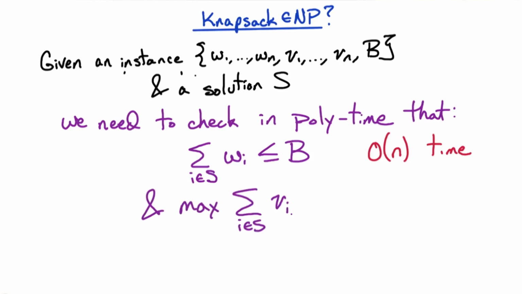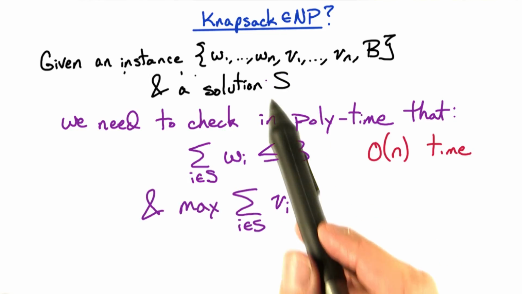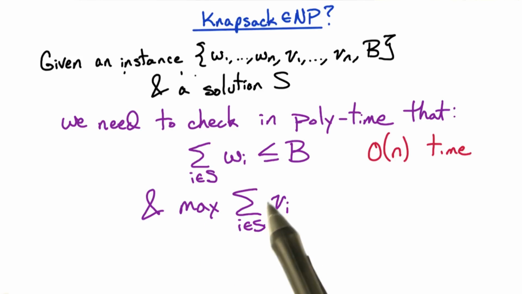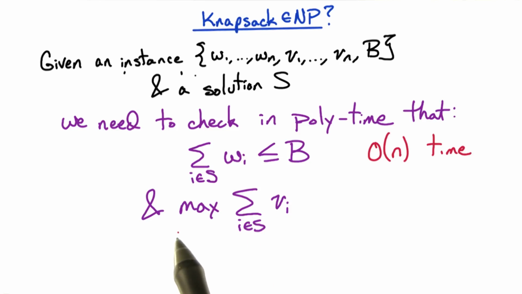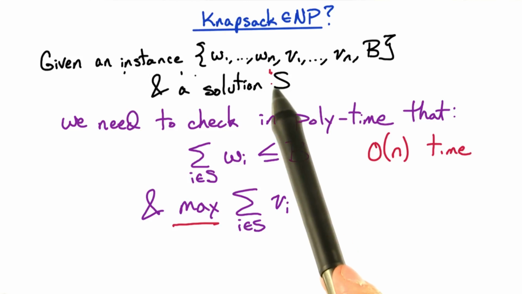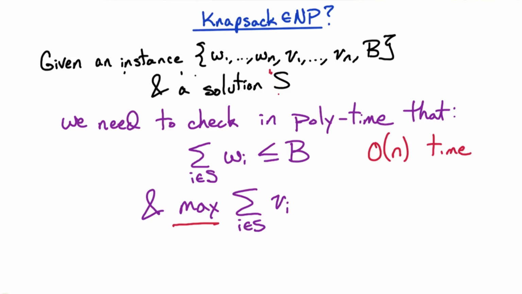And the second thing that we need to check is that this subset is optimal in the following sense, that it maximizes the sum of the values. Now it's easy to check what the total value is. We just sum up the values. But how do we check that it has maximum total value? How do we check that the value of this subset is better or at least as good as any other subset? Now for the MST problem, we could check that it has optimal value, it had a minimum weight tree,